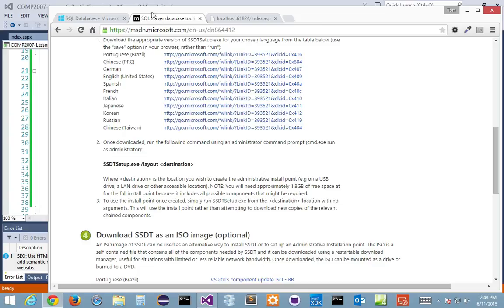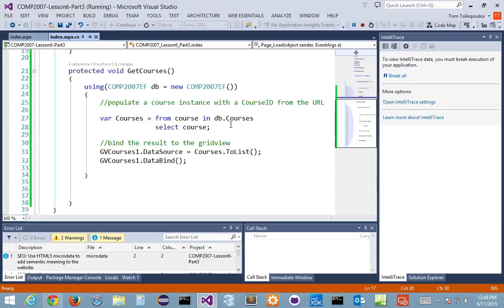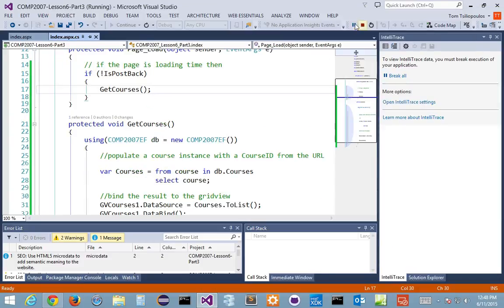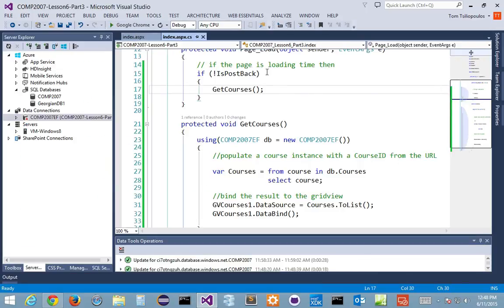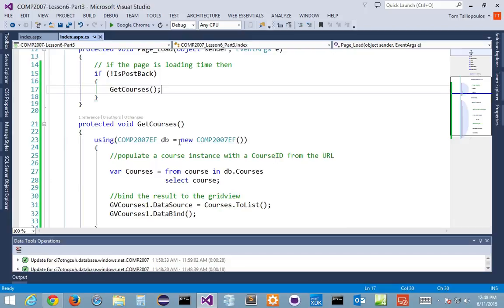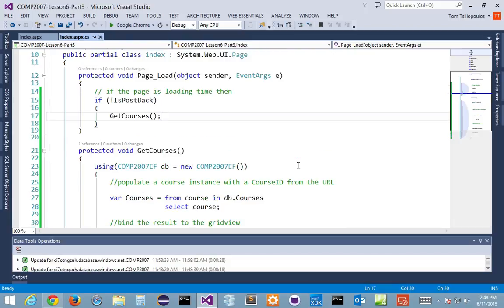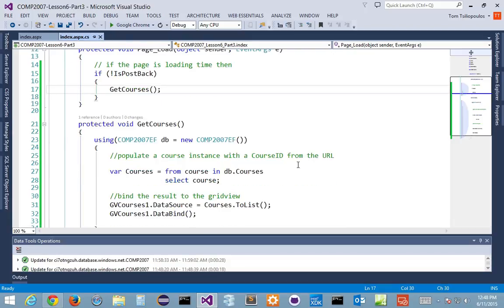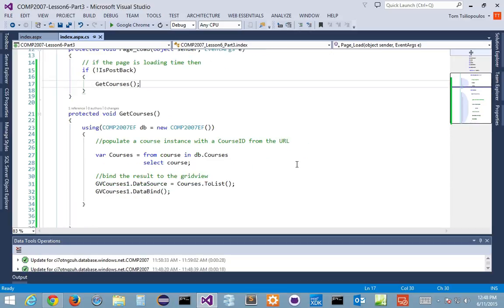Okay, so let's go back to that thing, the view that you're asking for. I'm going to stop debugging so you can see it more, and I'll just get rid of this. Okay, and that's really what it is right here. I'm going to see if I can scrunch it down just a little bit for you, just because